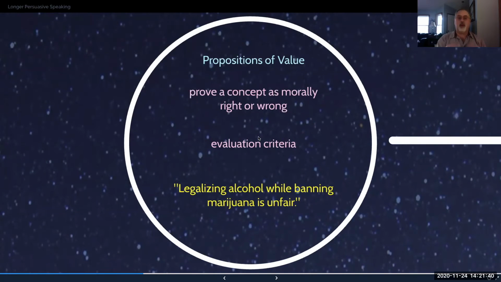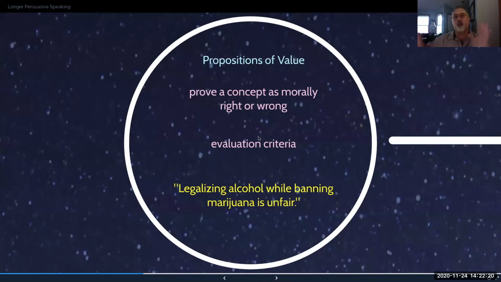You have to establish in that argument that alcohol and marijuana are essentially equal in terms of health effects and what they do to people. And, you know, you want to equate the two, and alcohol's legal, so why isn't marijuana legal? This argument was used when we came out of prohibition for alcohol versus smoking cigarettes, tobacco, because you were again looking at a value. This is valued as being important, legalizing alcohol, but marijuana is not viewed as being morally right. And then you start talking about what is the definition of morally right, and why is marijuana on one side of the line when it should be on the other.